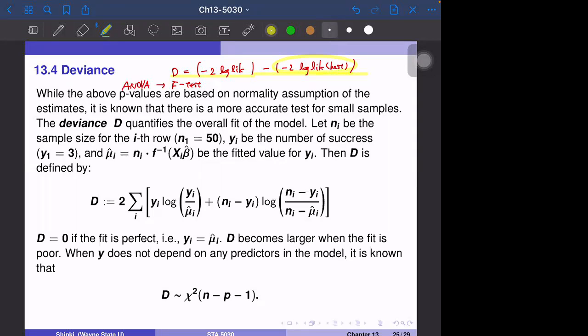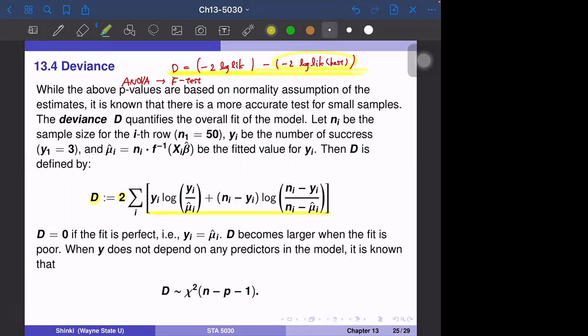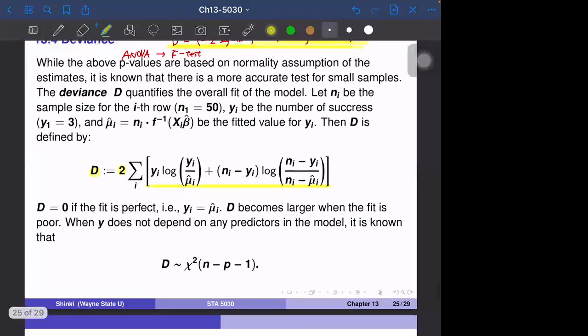Okay, so the deviance is, to be exact, defined by 2 times the summation of this. But the principle is discussed in the top line. So D is basically negative 2 times log likelihood. If you go back to the definition of log likelihood, you can see that this is the solution. We don't go into the details of the definition, but basically D is based on the log likelihood function, and it can be used for testing. And actually this D follows the chi-square, n minus p minus 1,